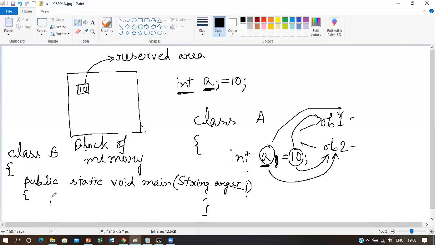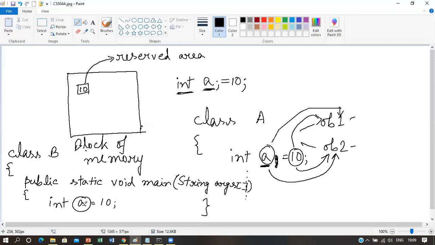Now suppose if I declare a variable here, so this variable a is declared inside the main method. Main is also a method because it is a system defined method, but it is a method. So this variable a is defined within this main method. This variable a is known as a local variable.